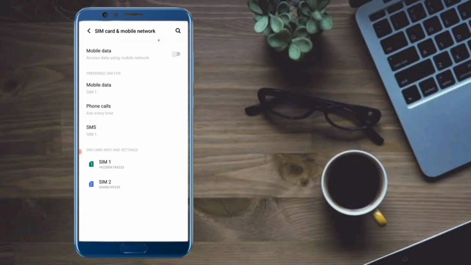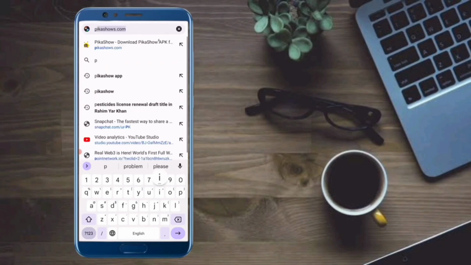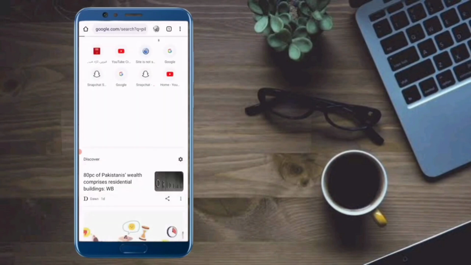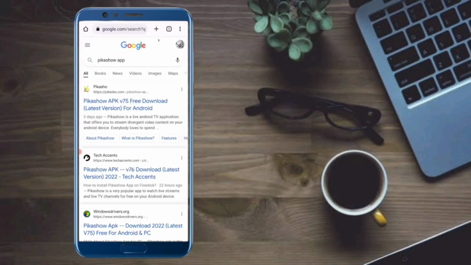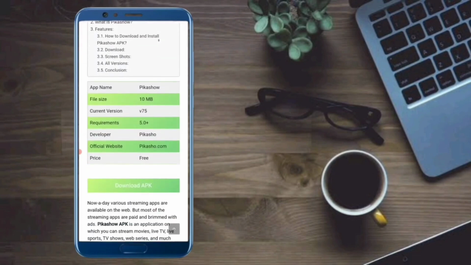Then guys, go back, open your browser and in the search bar write Pikashow app and check that you have the latest updated version of Pikashow. So guys, if you do not have the latest updated version of the Pikashow app, update your Pikashow app from the first link. So guys, after this, go back,